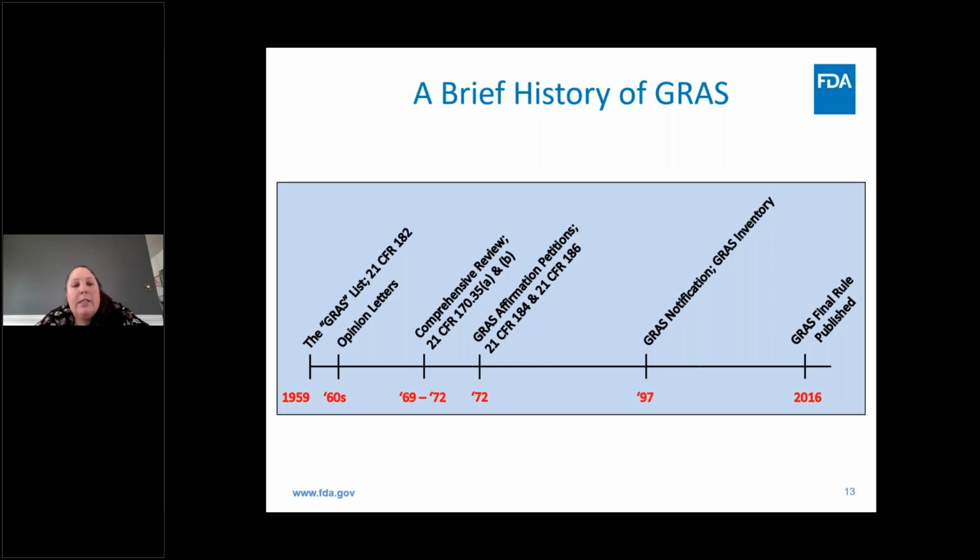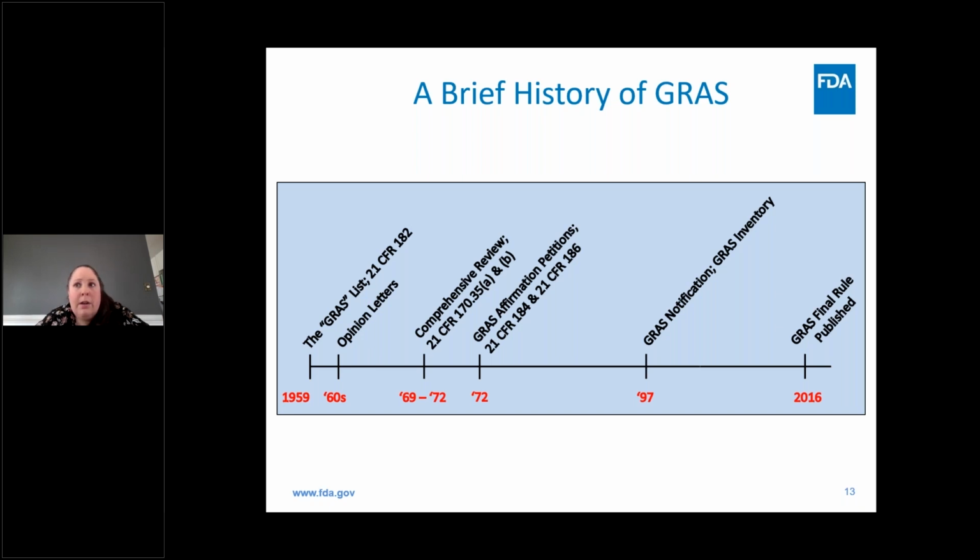However, there were many substances that the food industry felt were GRAS that were not included in this list. So in effect, what happened in the 1960s was that many food manufacturers requested that the FDA offer an opinion letter on a substance that was not included in the GRAS list. And these were informal letters that were generally only available to the requester. But this process was officially revoked in 1970 when President Nixon directed the FDA to evaluate the safety of GRAS food substances.